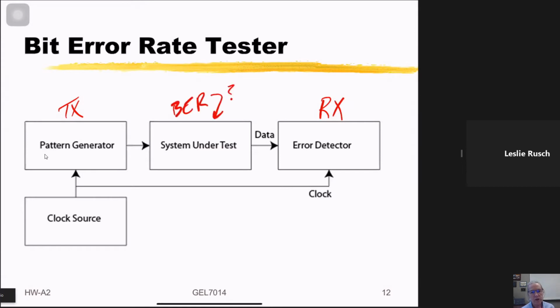And so what you do in order to determine what the bit error rate is, you start with a common clock source because we're synchronizing our transmitter and our receiver. And what you do is you generate a whole bunch of bits. You send them to the system under test, and then because you have this back channel, that means you know what pattern of bits you send, and because you know the bits sent, well, you can determine whether an error